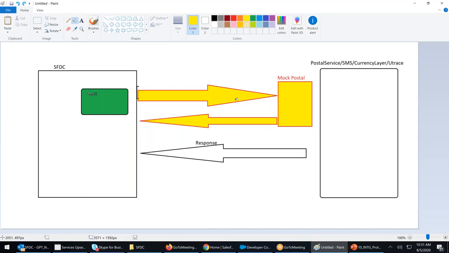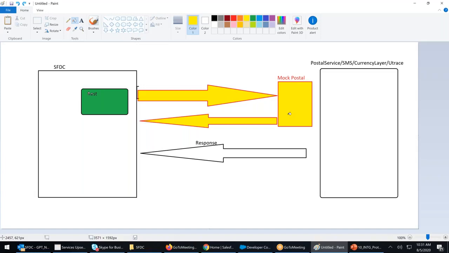Testing is the third step. First step, the original service. Second step, create a fake. Third, create a test class. Total three steps. Integration testing has three steps. First, the original class and method. Second, the fake, which is nothing but a virtual representation of that particular URL, the endpoint URL. Third